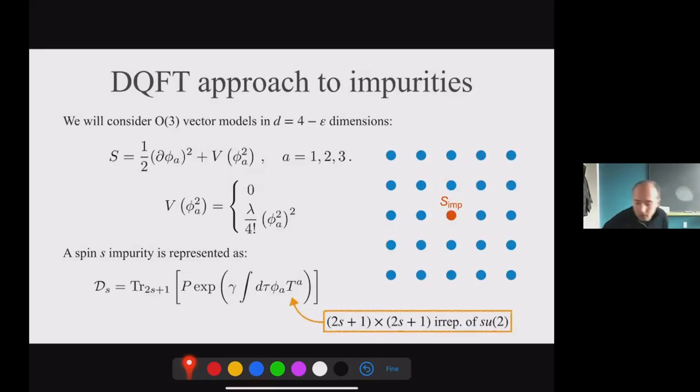So let's start from impurities. The problem of impurities is relatively simple. You start with an O(3) vector model in the bulk, and this is your lattice system. We'll take d arbitrary, so for some time I'll take it close to 4, but not always. And some potential which models the interaction, and it can be either free or quartic or something more complicated, but for this talk I will just focus on these things because I have a unique bulk field. And I'm tuning the mass to 0 because I want to be at the critical point.